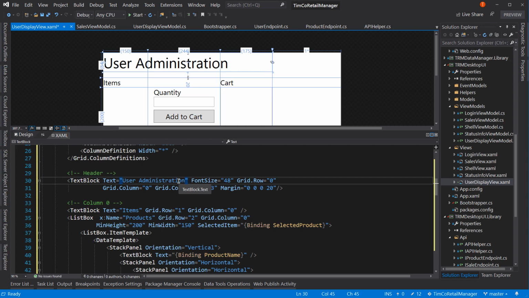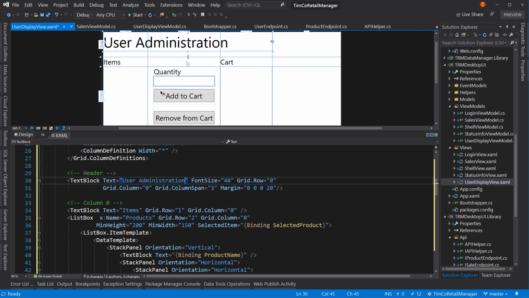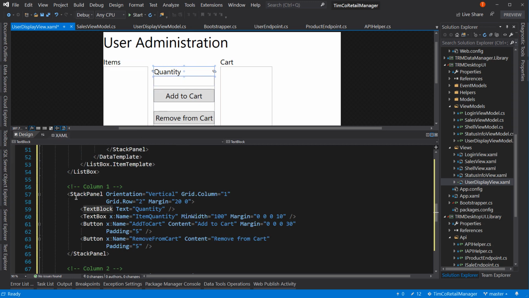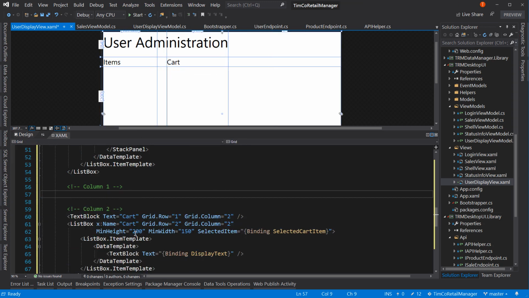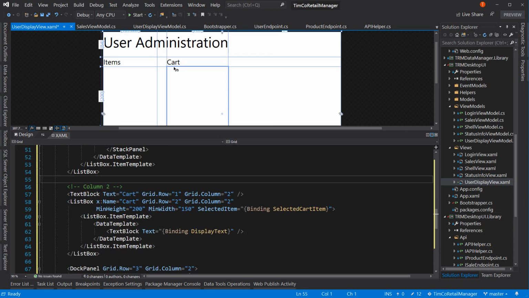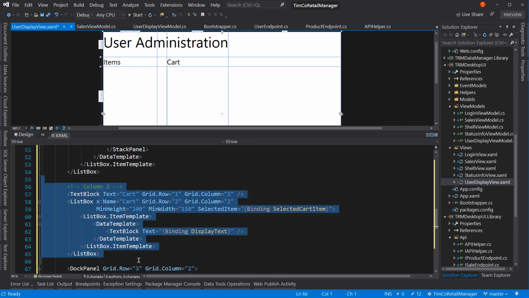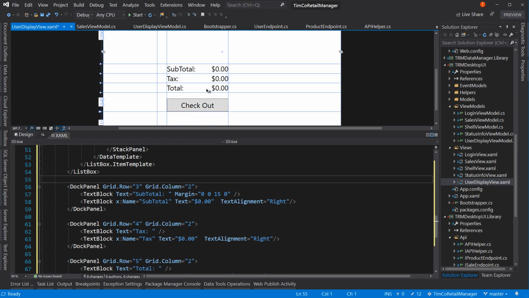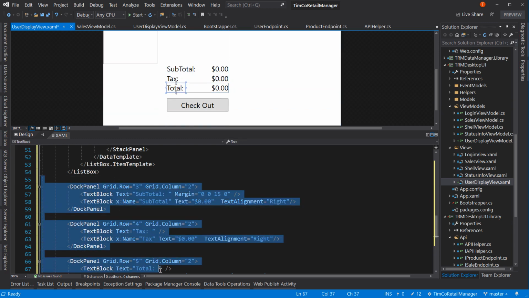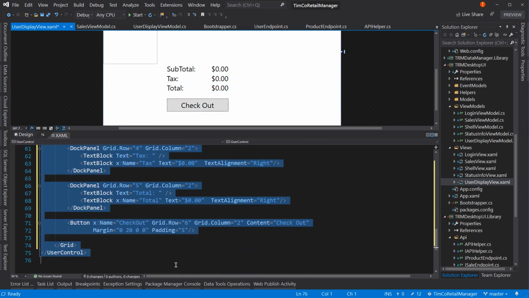And we're going to have, instead of having two lists right now, I think what we're going to do is let's get rid of this center column. So everything in here in column 1 we can get rid of. Don't need it. And everything in column 2 we can get rid of that as well. And down below we have our subtotal, total. We don't